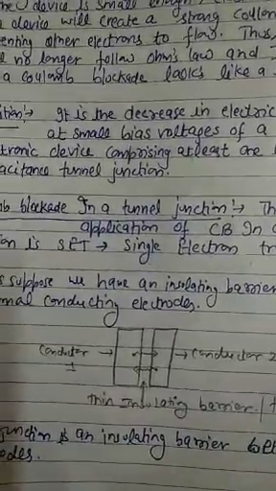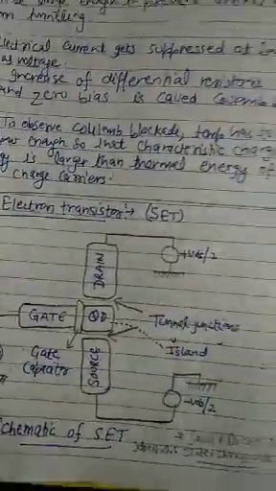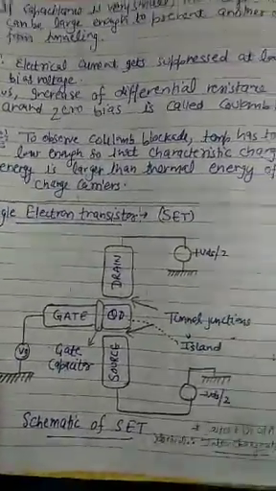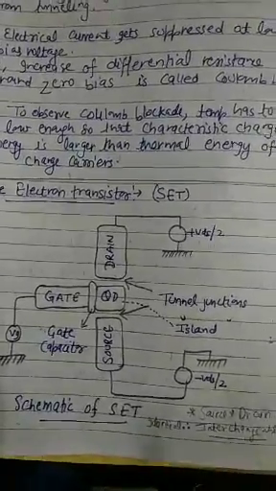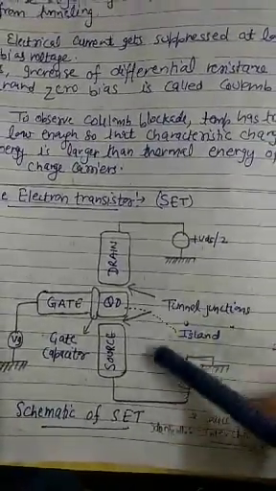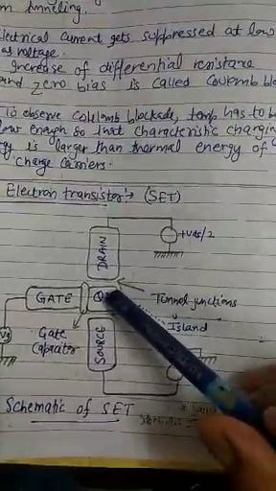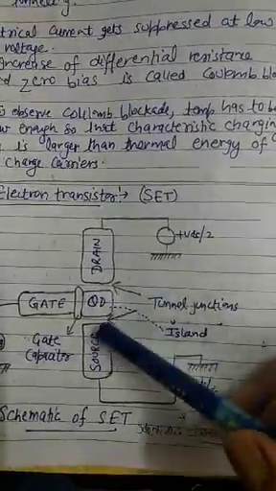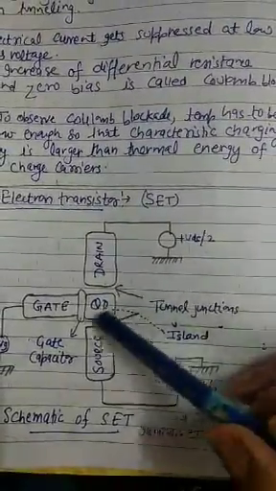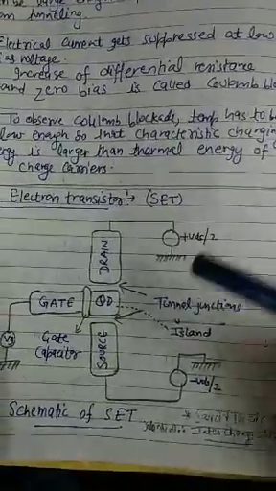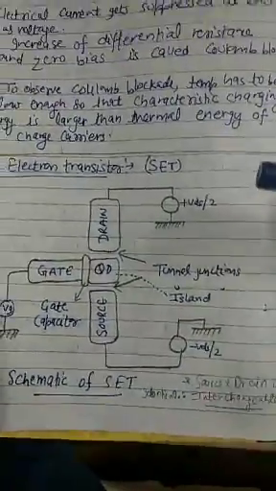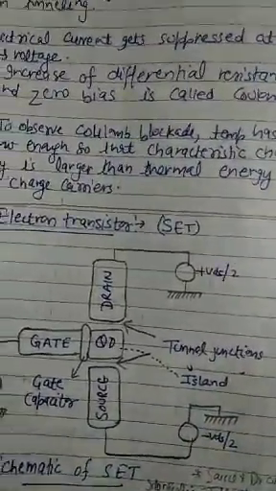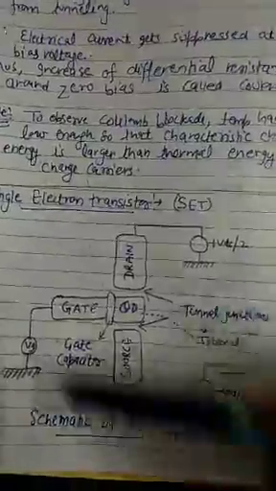Now one of the simplest devices that we can expect on the basis of Coulomb blockade is the single electron transistor. It is basically a normal transistor, only two things are different. The first thing is that the channel is separated from drain and source by a Coulomb dot, or a nano dot or quantum dot. And second, this dot is separated from drain and source with the help of thin insulators. These are the only two differences. Everything else is the same: we have source, drain and gate, which is used to control the overall current behavior of the device.